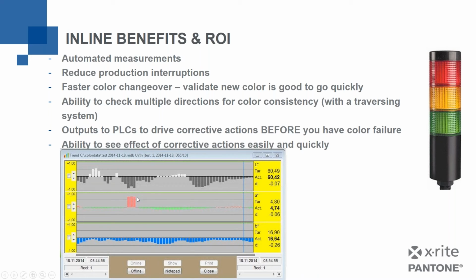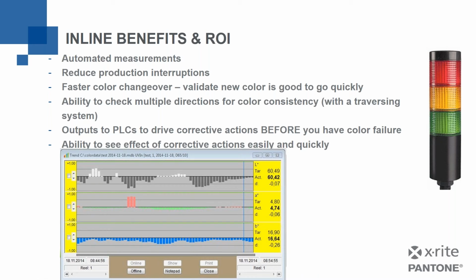Well, that probably was in a yellow state on my light, and it could have triggered me to do something to bring it back here before it got all the way up here. You see this green line at the top, that would be 1 unit, and maybe 1 unit is my limit, but I got notified when I got to over half of that number, above 0.5, and it's driving me to a correction. Same thing with the light or dark or the